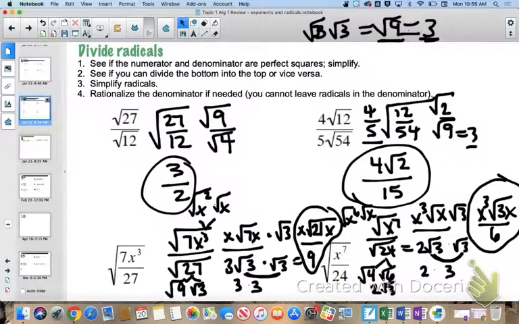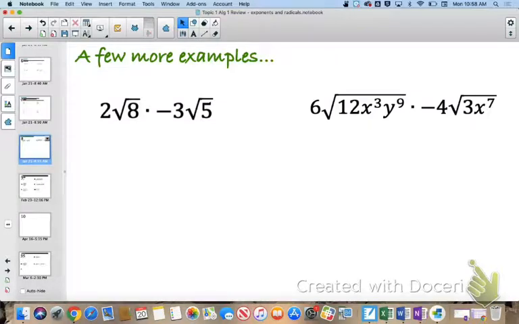Okay. All right, 2 more problems, and then we will be done. With this one right here, we're multiplying. Again, what's on the outside stays on the outside, so that's going to be -6. And here you have a choice. Root 8 simplifies, so you can simplify that and then multiply, but I'm just going to go ahead and multiply. 8 times 5 gives you 40. So then root 40,